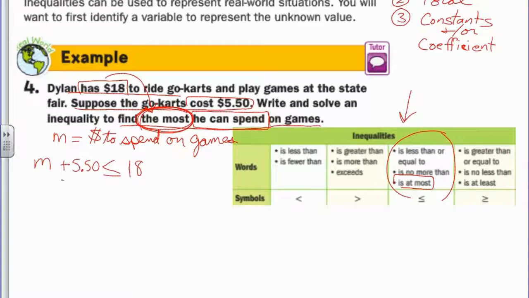Let's solve that. We subtract $5.50 from both sides. Be sure to line up your decimal points. Remember, $18 is a whole amount of dollars. So I wrote $5 instead of $5.50. So make sure you line up your decimal points over here on the right-hand side. $5.50 minus $5.50 equals 0. So those cross off, leaving me with the amount of money he has to spend on games being equal to or less than $18 minus $5.50, which if we borrow